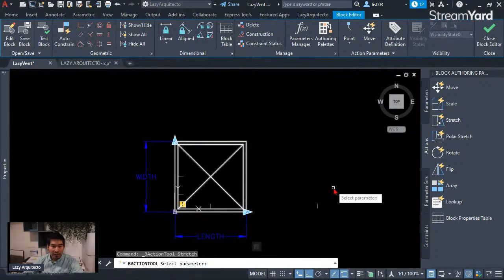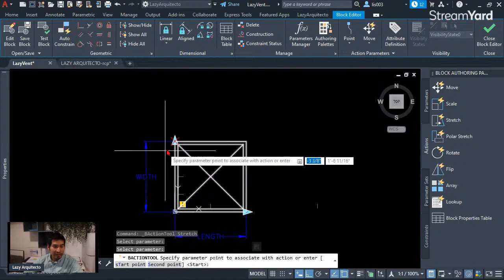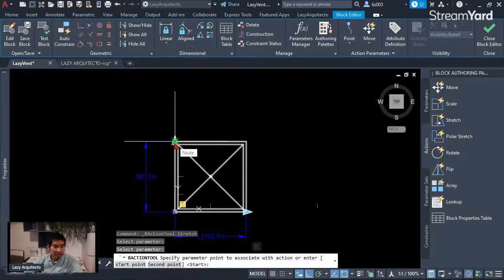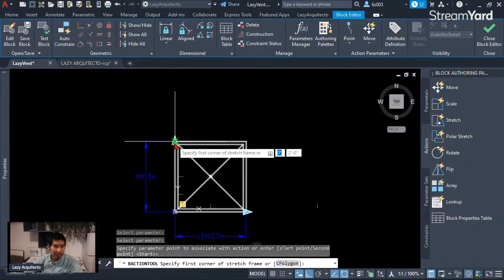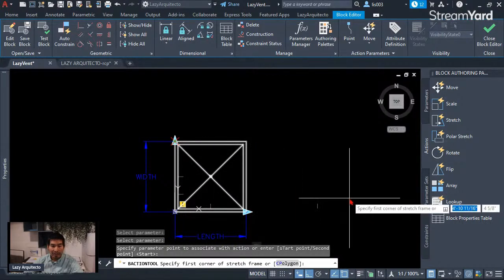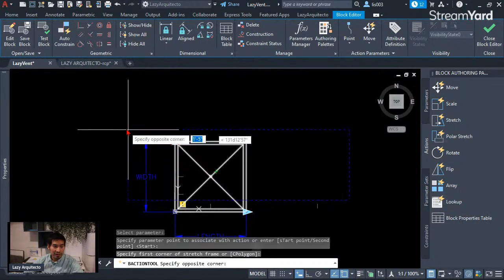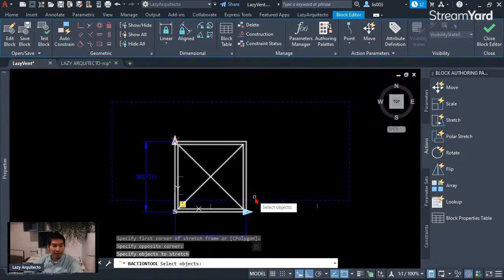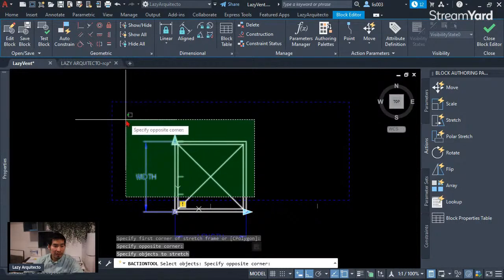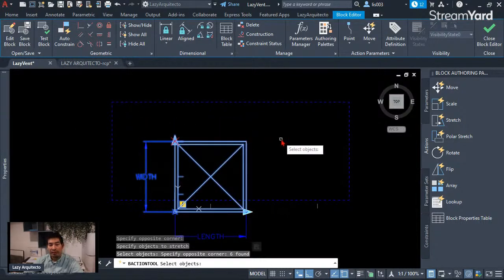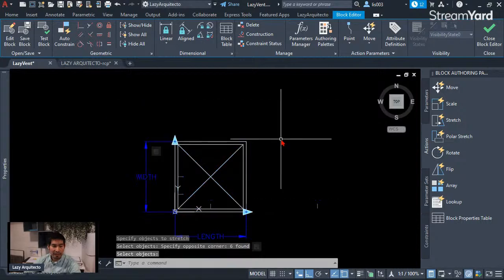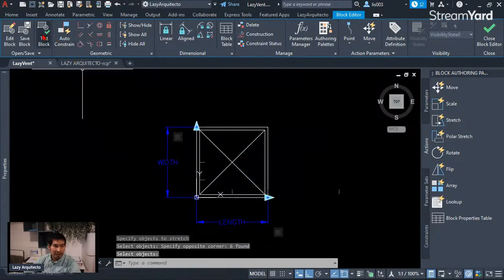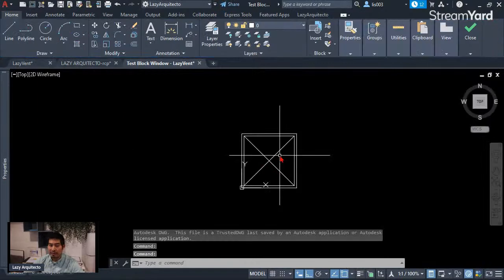So what we're gonna do is select the parameter. In this case, it's gonna be the width parameter. Select the start for the stretching point, which is gonna be here, and then select my area to be stretched. It's gonna be over here. And then finally, my objects would be all of this. So once I do that, I can simply press enter and then test my block so we can check that